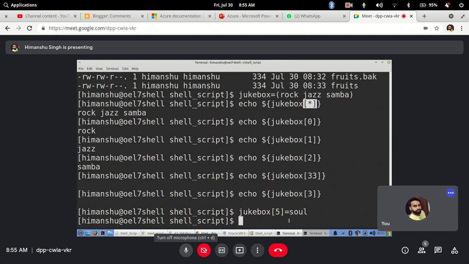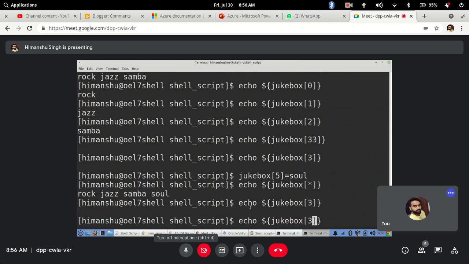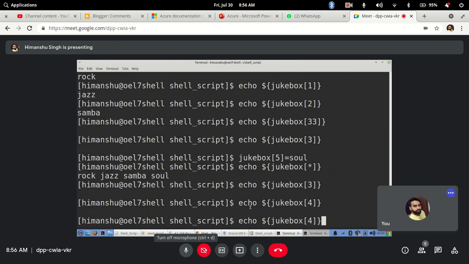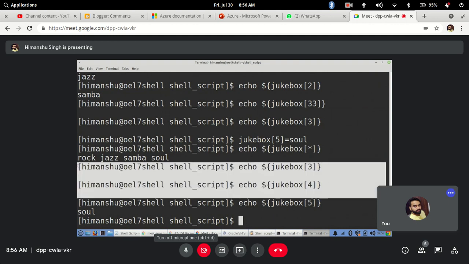Enter, and if I just run everything, you will see everything here, right? Because there is nothing in between, it is not displaying anything. But let's say I go ahead and print 3, 4, but at 5 there is an entity. The third and fourth positions are empty right now. Clear?